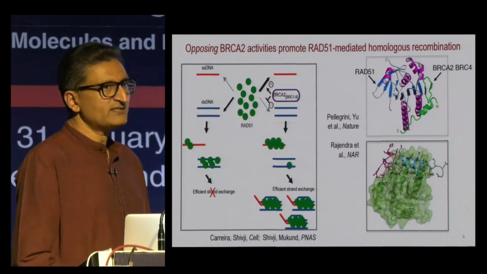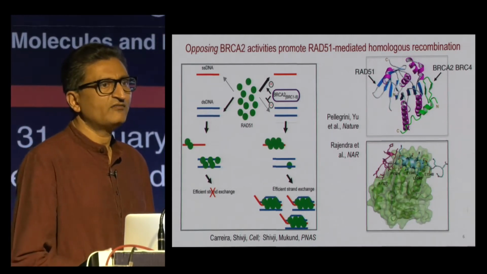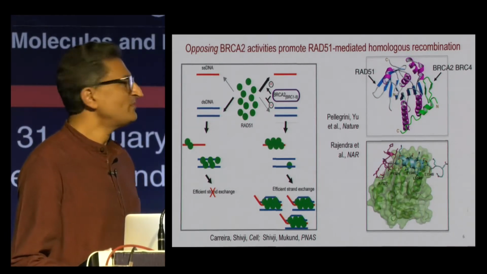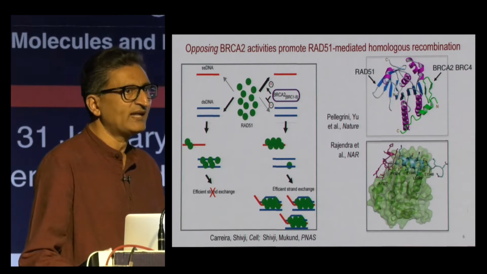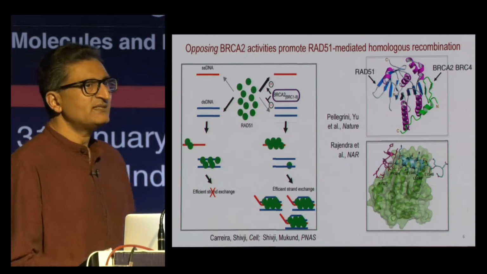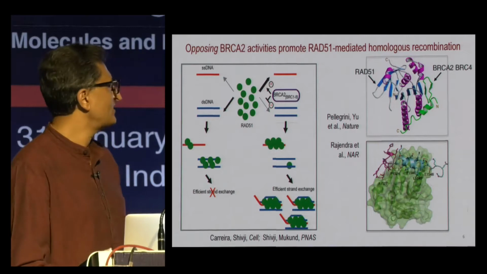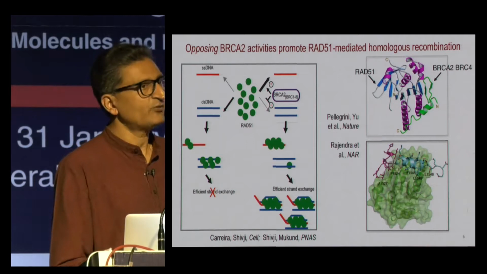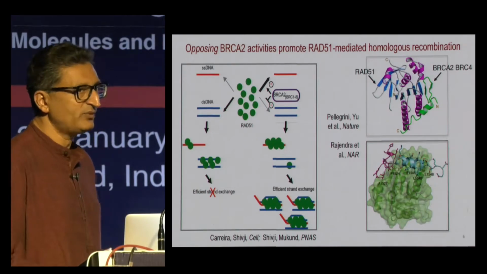What BRCA2 does through the BRC repeats that bind RAD51 is to reverse the order of these steps. It stabilizes the RAD51 engagement with single-stranded DNA while simultaneously inhibiting the double-strand DNA RAD51 filament. These opposing activities, if you will, enable the reaction to proceed efficiently. How does it work? At the structural level, we still don't know. But what I'd like to acquaint you with is some of the clues that are revealed by recent structural work